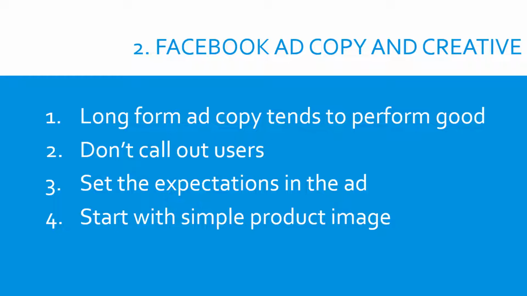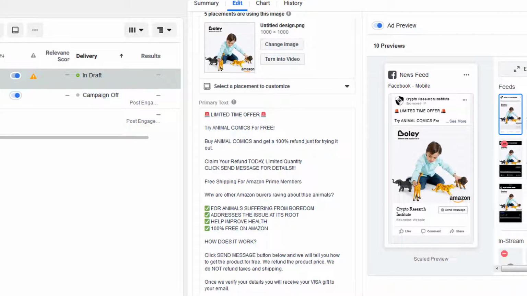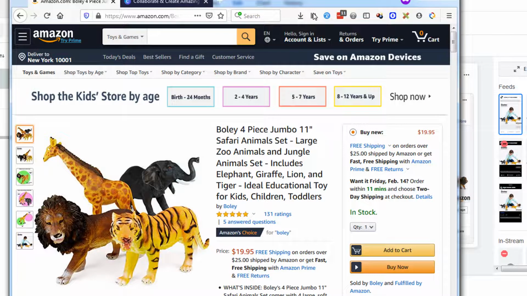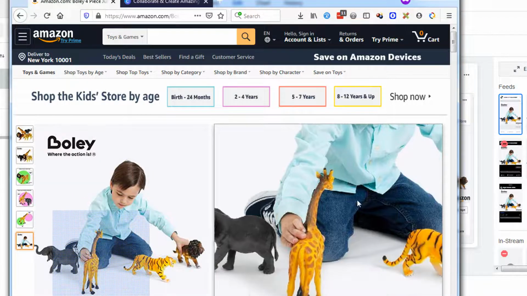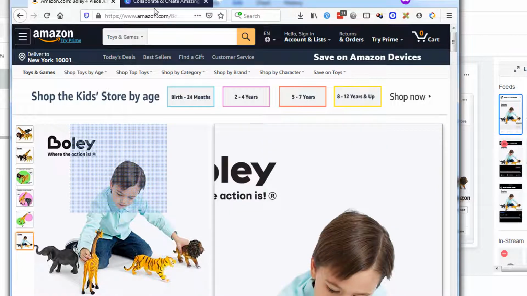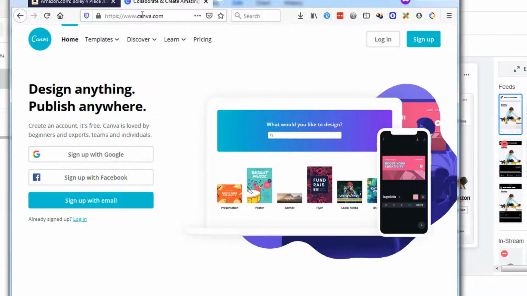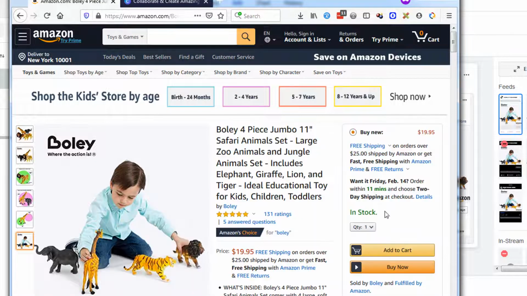And we will start with a simple product image. You will see it's not a big thing. So if we go here to Facebook, I have Facebook Ad Manager open. Here we have one simple picture from Amazon. Here is the product. I have just selected some dummy product picture of some animals, and here is this little guy playing with these animals. So I have taken this picture, put it in canva.com, and just added an Amazon logo, and it looks like this cool